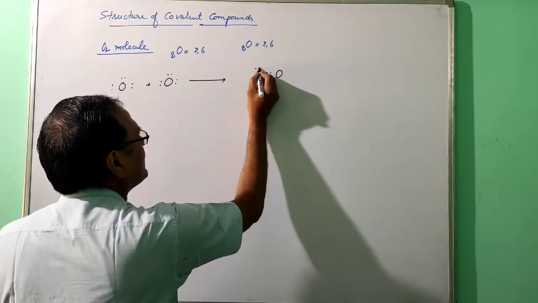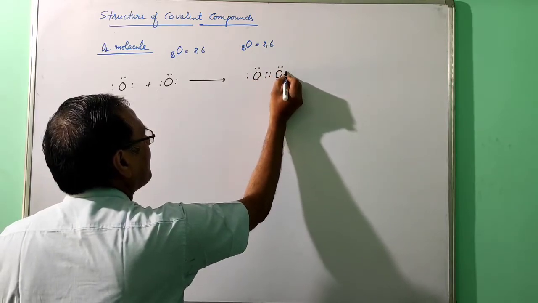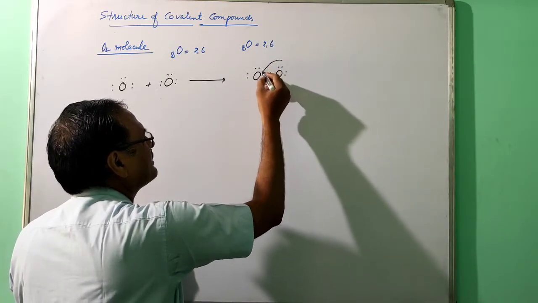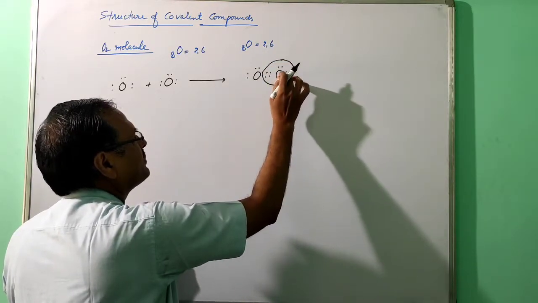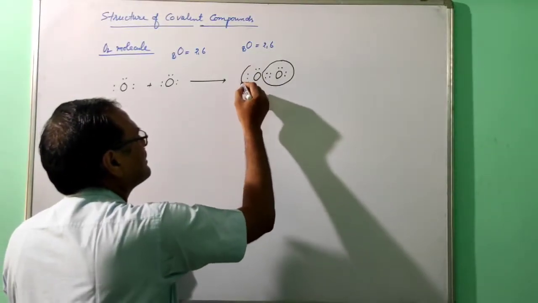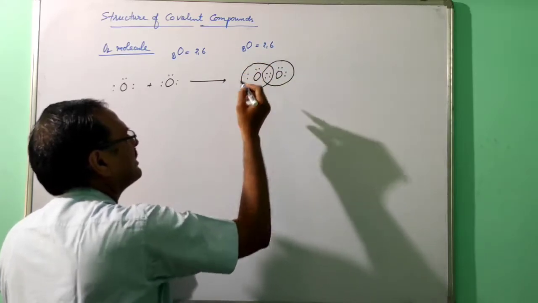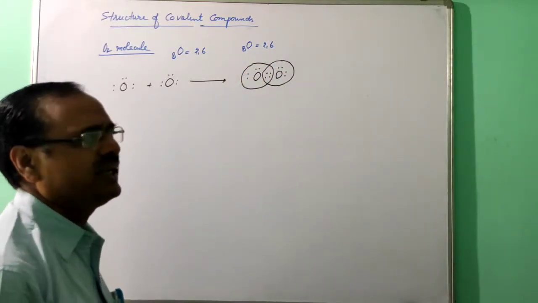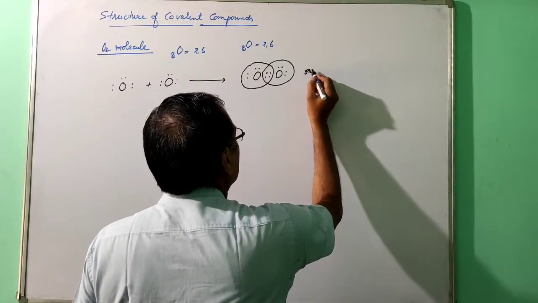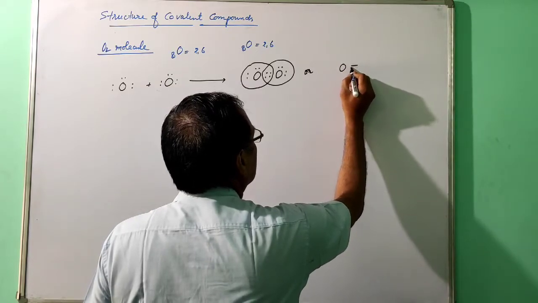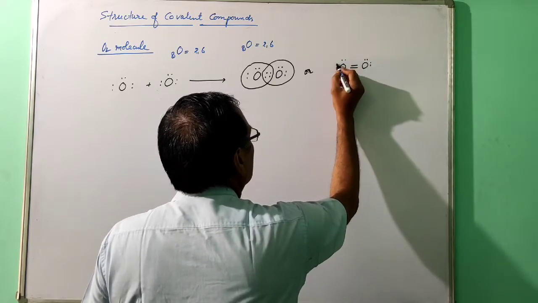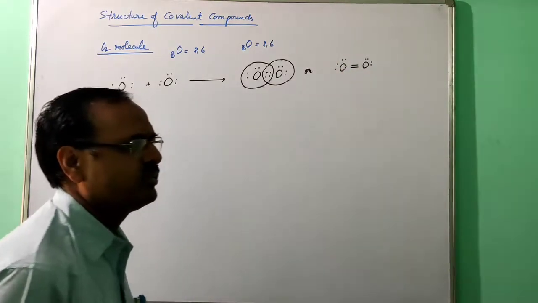And now their own electrons. So just to see, now that oxygen is getting 2, 4, 4, 8 electrons. And this oxygen is also getting 4, 4, 8 electrons. Both the atoms are completing the octet. So now you can write that oxygen has a double bond here, with 2 lone pairs and 2 bond pairs.